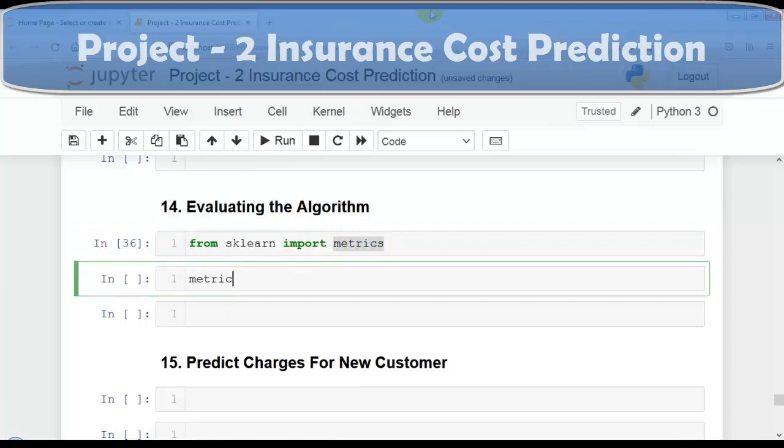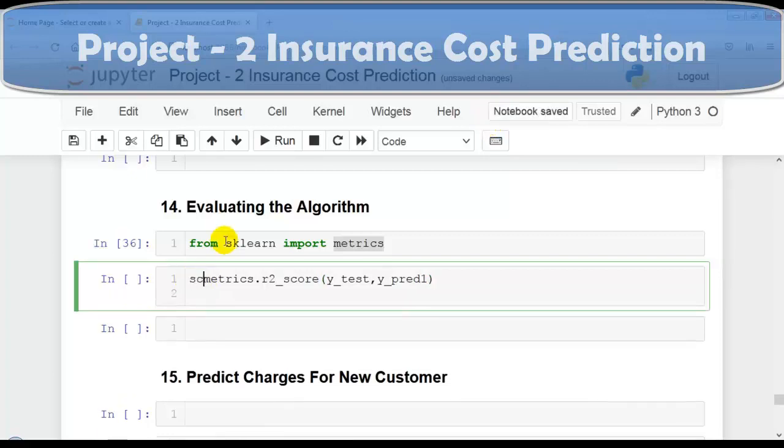So now let's use R square. So for that we have to write r2_score and let's perform on testing set. So for that we have to write y_test, which is our actual values, and predicted values by our first model by linear regression.